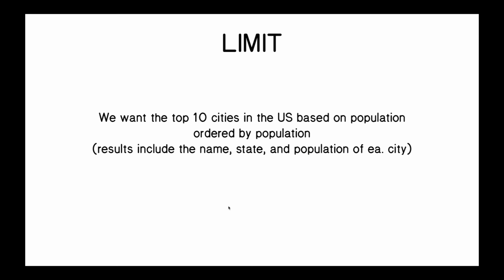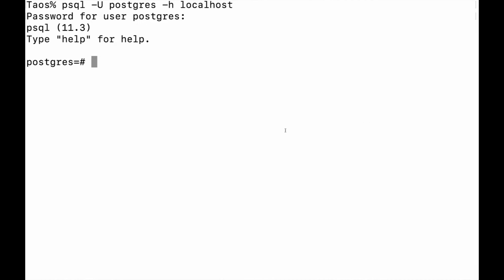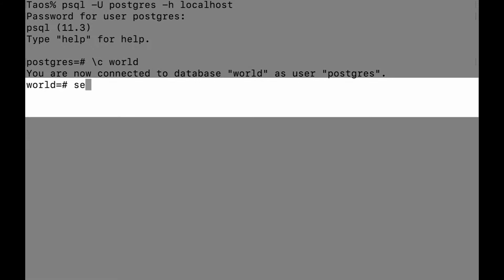Suppose we want the top 10 cities in the U.S. based on population, ordered by population. So this is going to be a slight variation of what we just learned. Let me change into world. So I'm going to select the name of the city, the district or the state that it was in, the population, from city, where